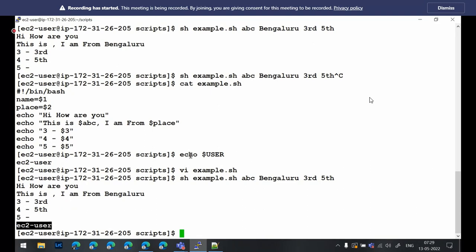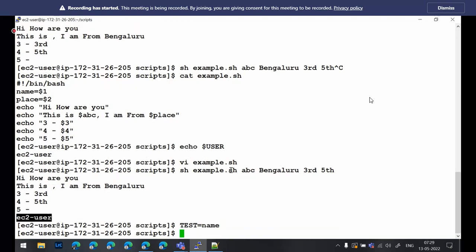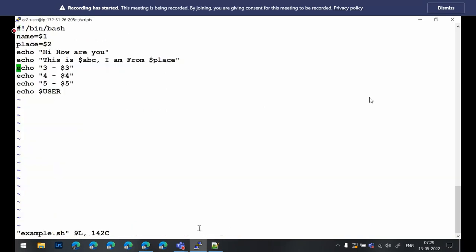Let's say I use test equals name, and I created this variable. This is a temporary variable. Once I restart the session, this value will be gone. So if I go to this vi example and I use $test, if you say this,